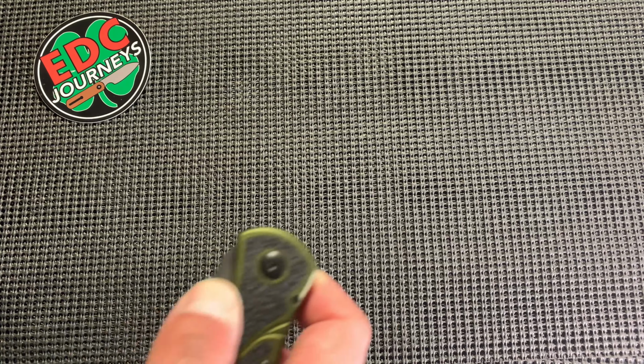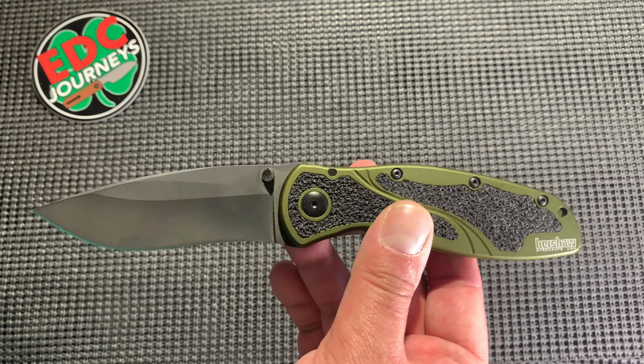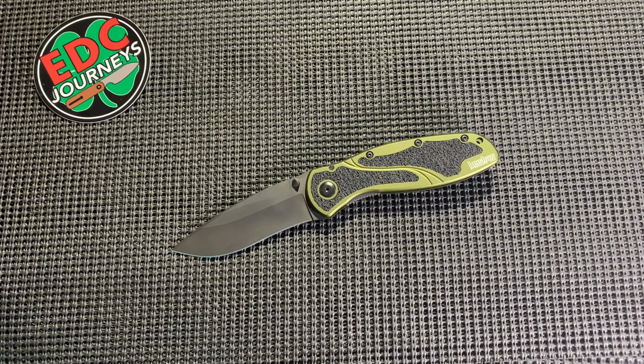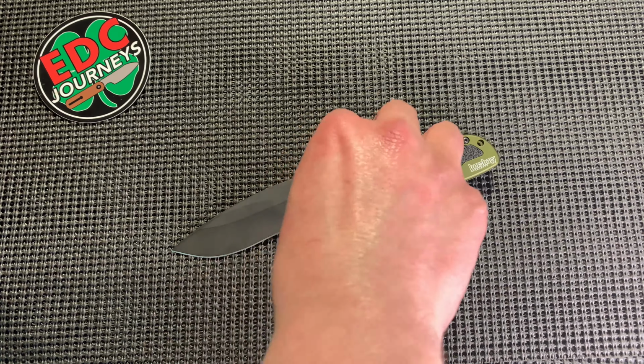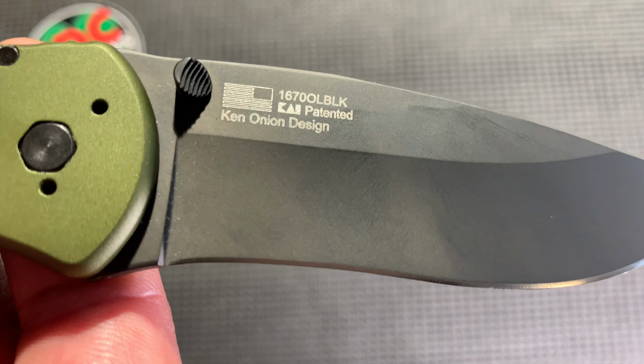This one here I think is around $60, but it's also a good knife, I hear. So it seems, but I have not played with it much. It is assisted, which is not my typical cup of tea, but it's the Kershaw Blur. USA made, Canonian design,